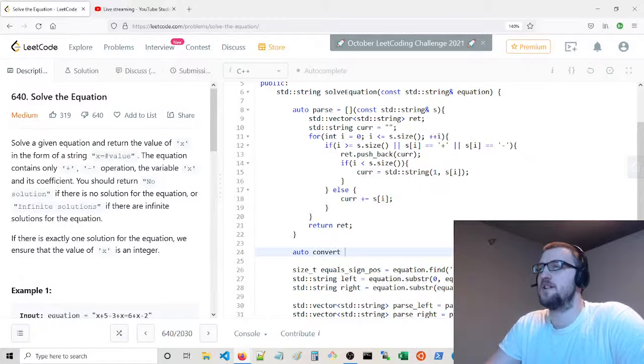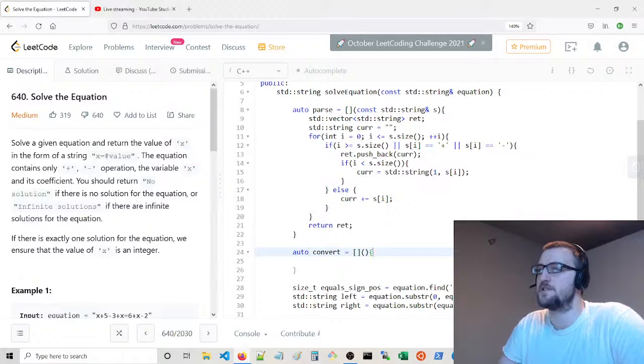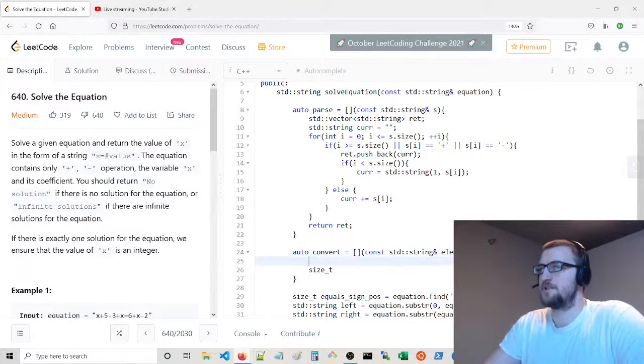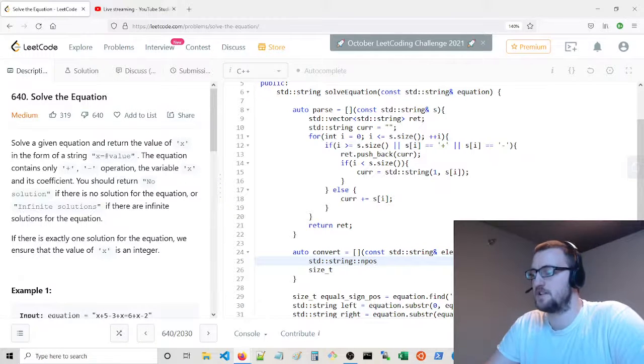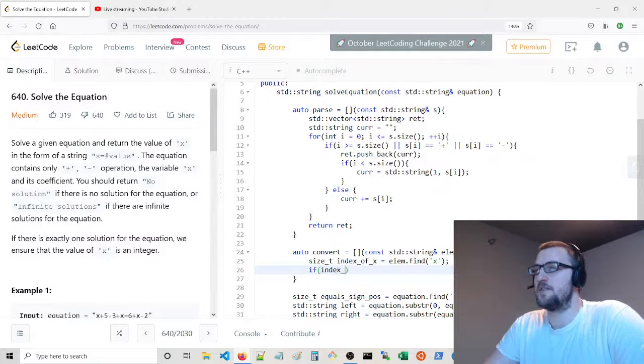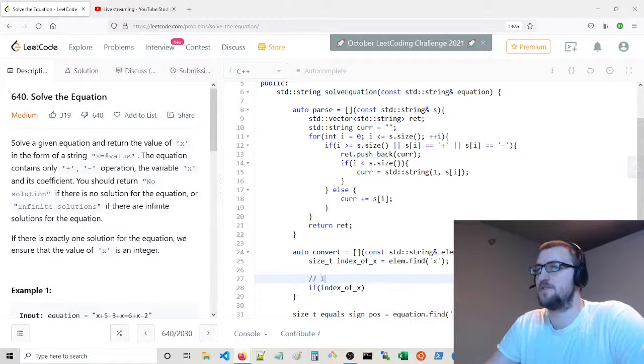So auto convert, and I think we're going to write this as an element by element thing. So we'll take a string, and we'll call that element, or elem, and we're going to go ahead and say size_t, and I think we get npos. Let me just see here. There's std::string::npos, right? That's if we didn't find it, right? So size_t index of x equals elem.find x, and we're going to say if index of x, so if x is not present in this element, then